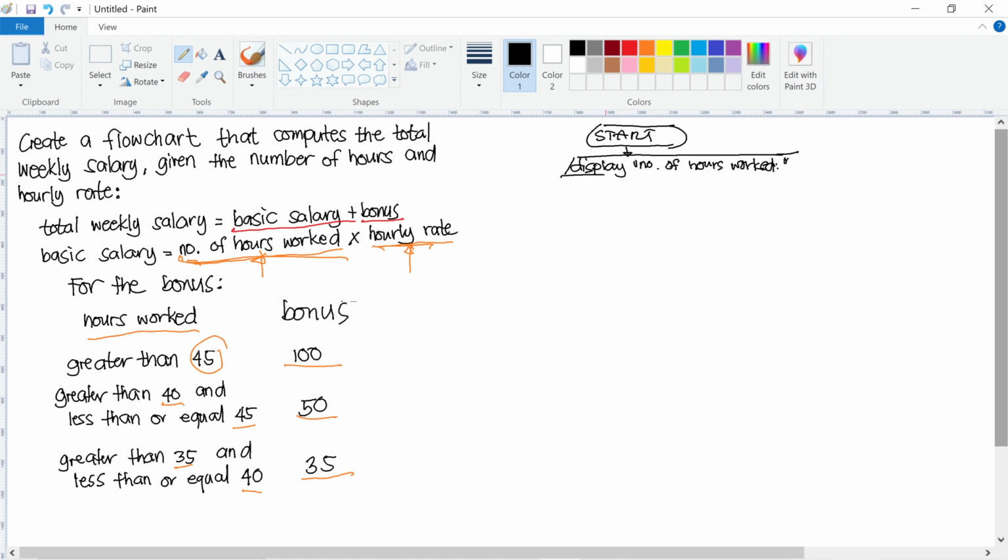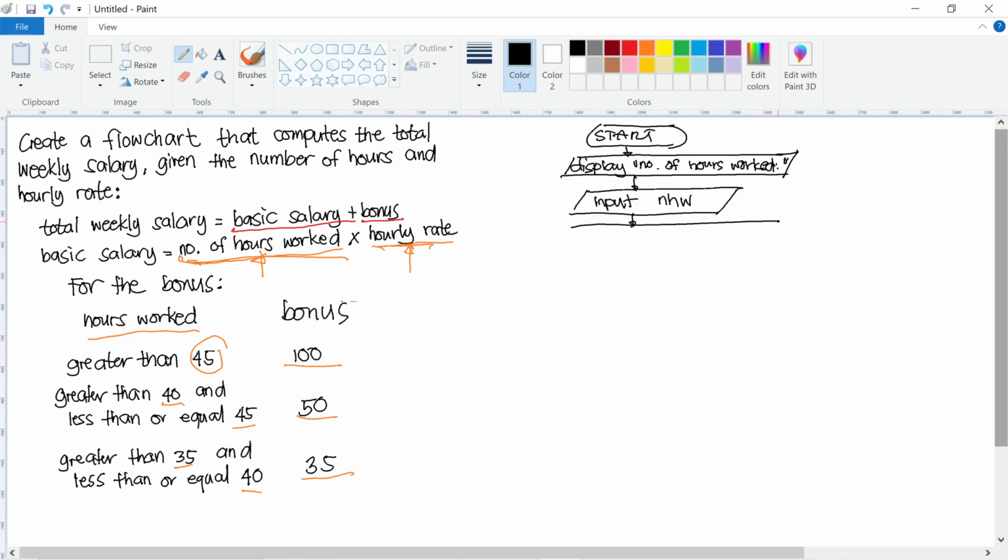Then we have an input statement. We say input, we have number of hours worked,